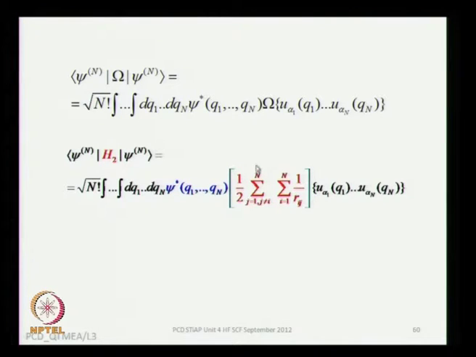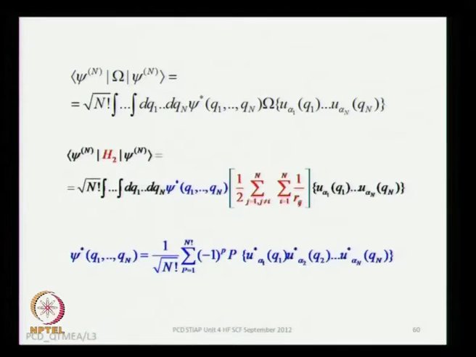Now, let us see if we can simplify this. We had gained a lot of simplification with respect to the Hamiltonian H1, the 1 electron Hamiltonian, and a similar simplification, using exactly the same kind of logic and the same innovative tricks, you can use to simplify this as well. Of course, it will not be as simple as it was for H1, for the simple reason that now you are dealing with a pair of electrons, but it will be simple enough. So, let us have a look at this. So, this has the psi star over here, which has got these factorial n terms, right,